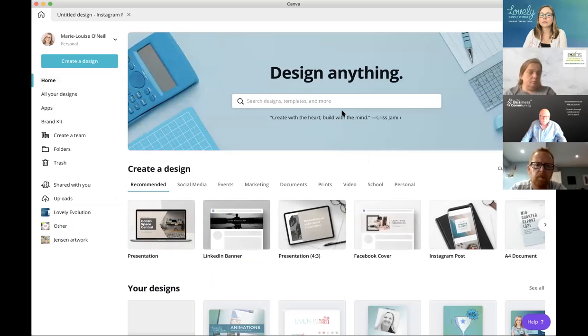So, I can't seem to get into Canva on this particular screen. It's set up on another one, unfortunately. Just trying to think. The other option is, if you wanted to,